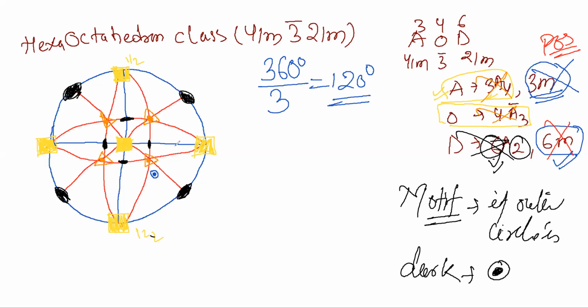Now how will we calculate the angle? Let's see, around this triangle. Around this triangle, how many faces are there? 1, 2, 3, 4, 5, 6. That means there are 6 faces completing the 360 degrees. That means each face is showing 60 degrees, and if we have to apply the motif at 120 degrees, what do we have to do? We have to skip one and then apply. After leaving one face, we have to apply the motif.